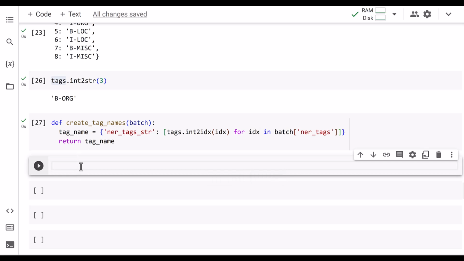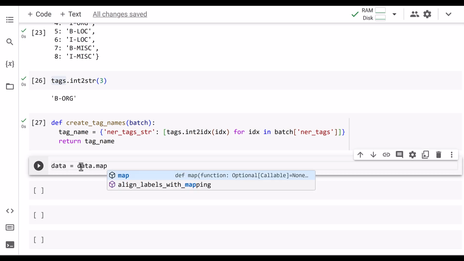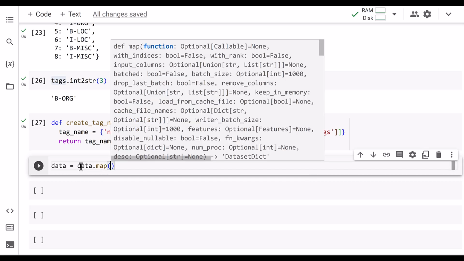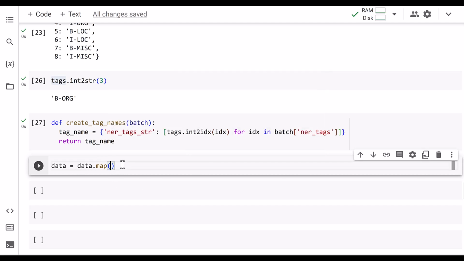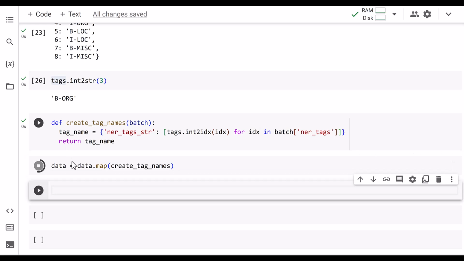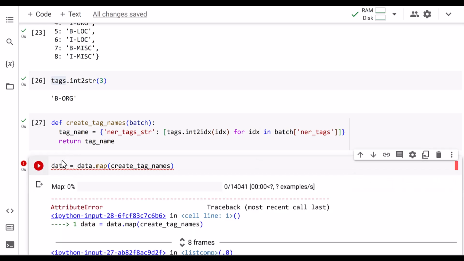Now we need to apply here a map function on our data. So it will automatically do for all the splits. This map function will get applied to our train, test and validation. Alright. So I need to just give here our method name. So the method name is create tag names. It will automatically get applied on training, test and validation set. Now if you check your data,